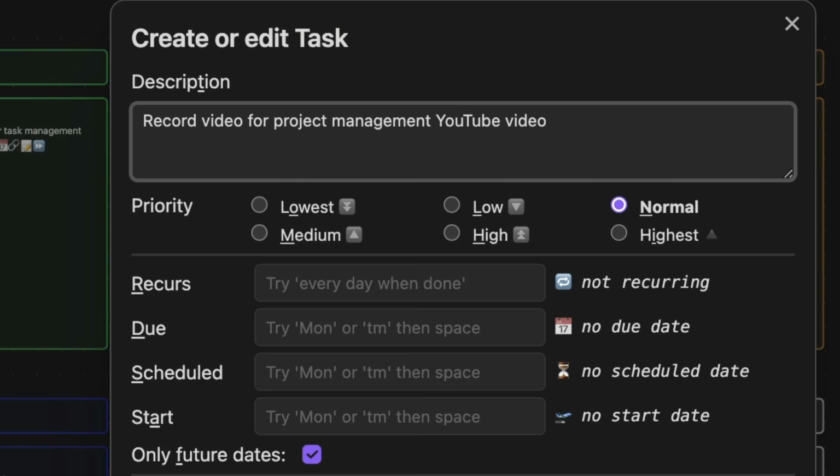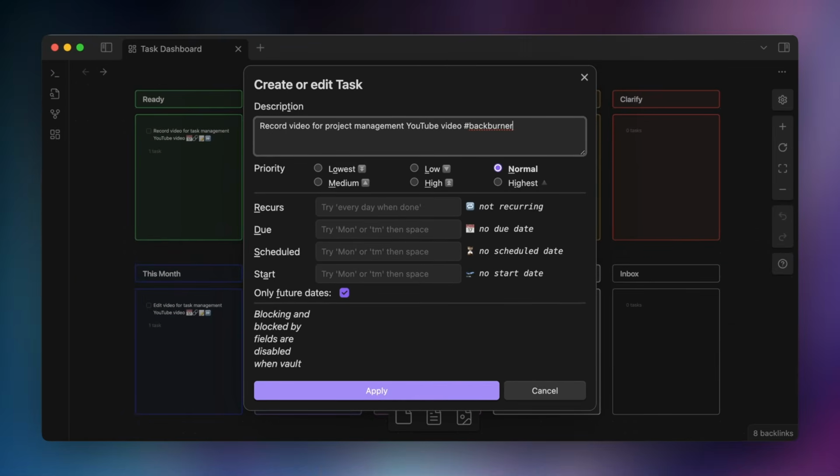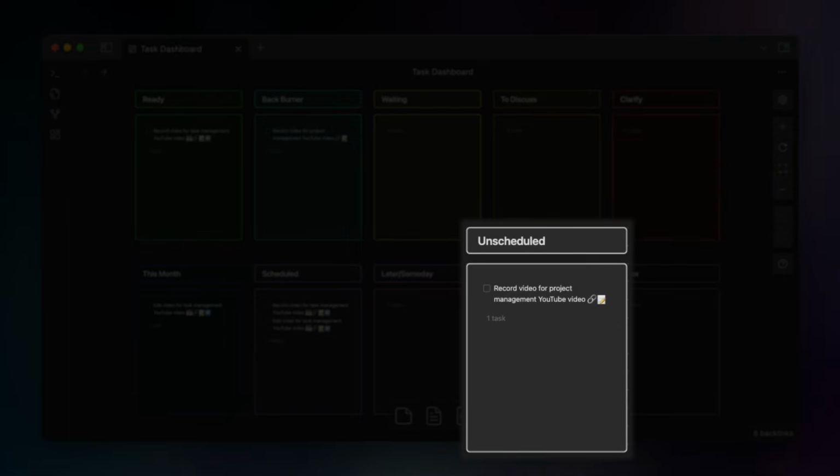So instead of assigning a date, I'm going to add a tag. You can add tags directly to the task description, and I'll do that using #backburner. Now let's add that tag by hitting enter. Now you can see this task was added to the back burner list, but it was also added to the